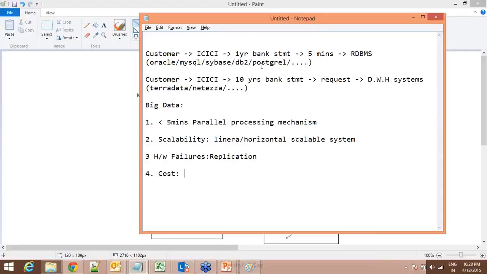But if you come to warehouse systems, guys, these are very, very costly. Teradata and Netezza, right? They are proprietary tools, proprietary even in the architecture and the cluster. They need very high-end hardware models and configurations, like 64 GB RAM, 32 GB RAM minimum. High-end hardware processors, very high-end.